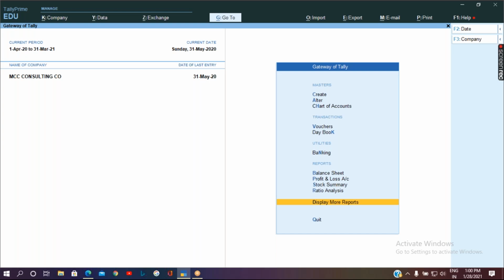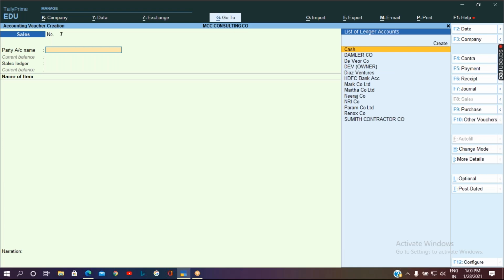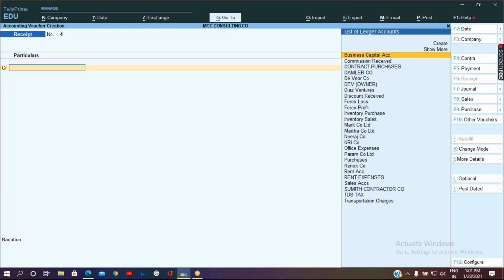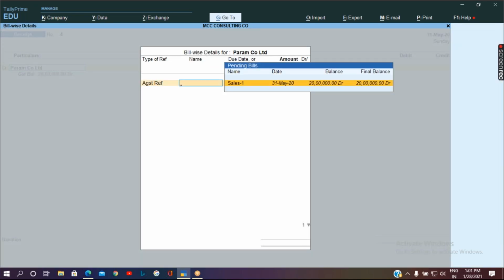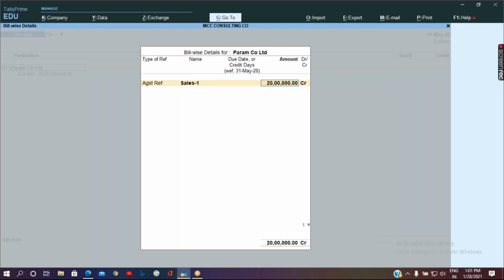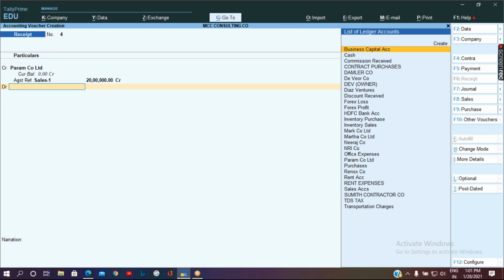Okay, so let's assume there were no returns by the customer. So let's directly pass the receipt entry. I can go to F6, select the party, select against reference, select the sales invoice reference and accept the entry.